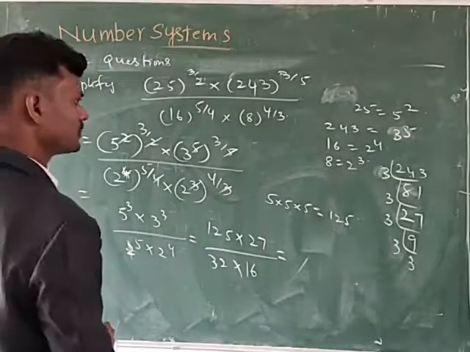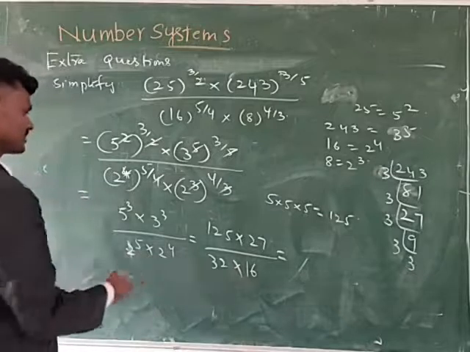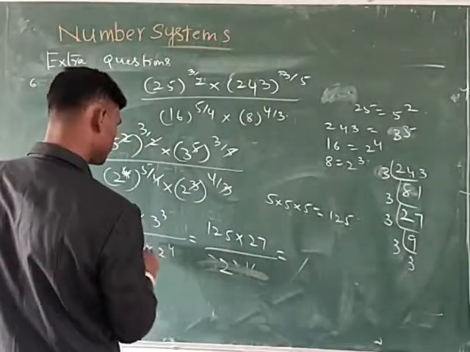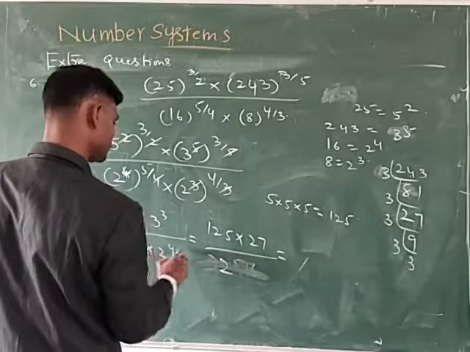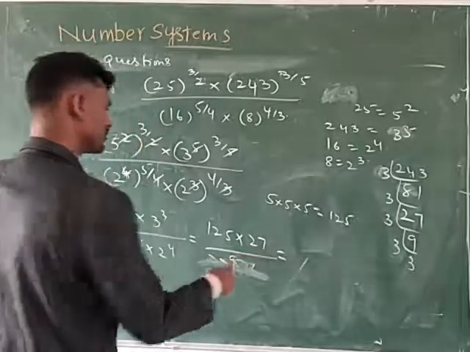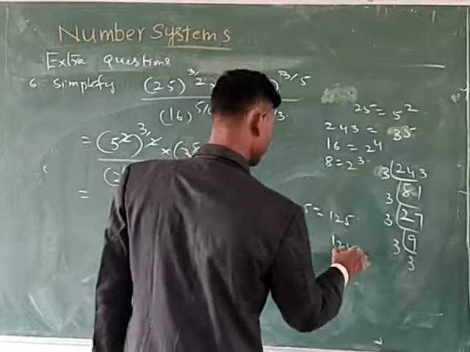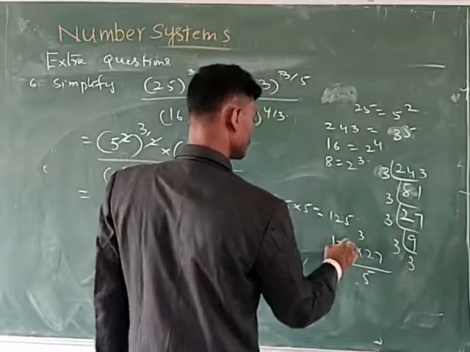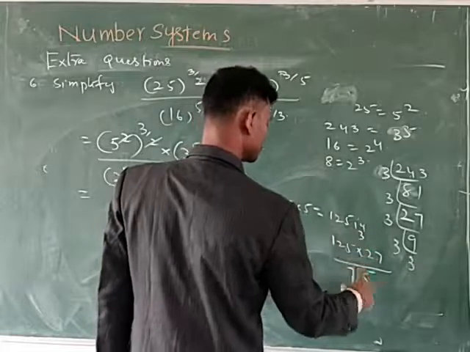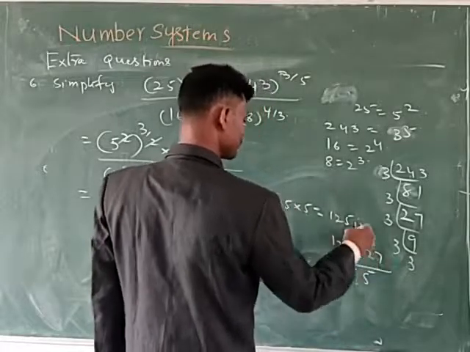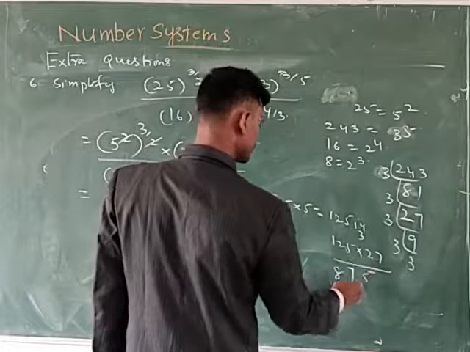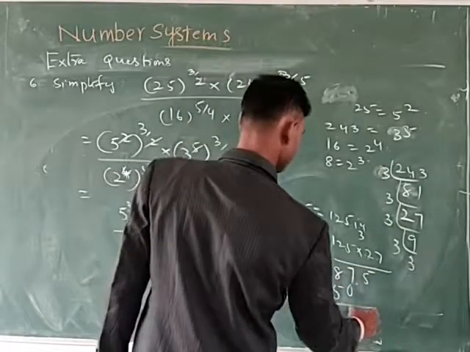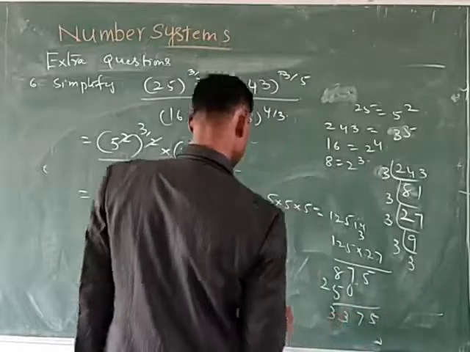Here also 2, here also 2, means simply don't write this one. Here bases are equal, powers are also added. 4 plus 5 is 9, 2 power 9. Now you have to multiply. Here 125 into 27: 7 5s are 35, 7 2s are 14, 14 plus 3 is 17, 7 1s are 7, plus 1 is 8, 2 5s are 10, 2 2s are 4, 5, 2 1s are 2, 5, 7, 13, 3.